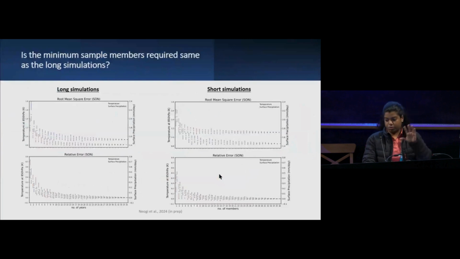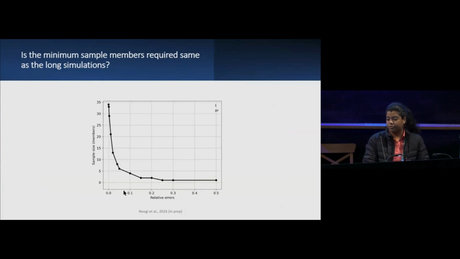I'll skip through this slide in the interest of time. And quickly, just to show the summary figure, where again this was showing the mean over some variables, if you are interested in a 10% error again, a 4-member sample seems enough.